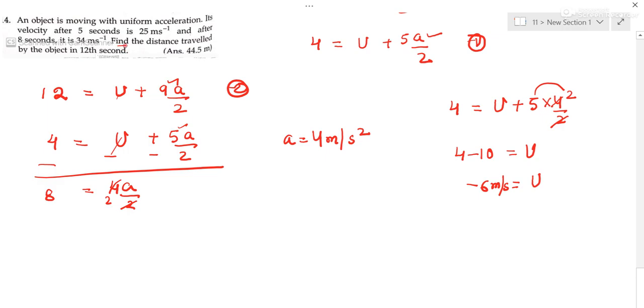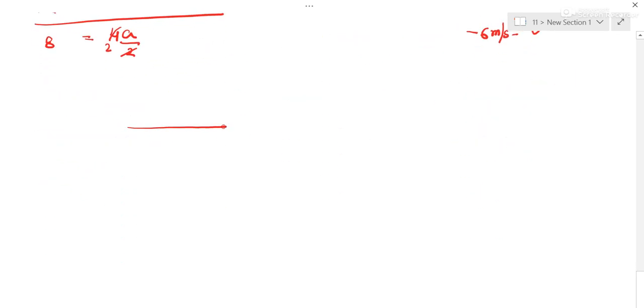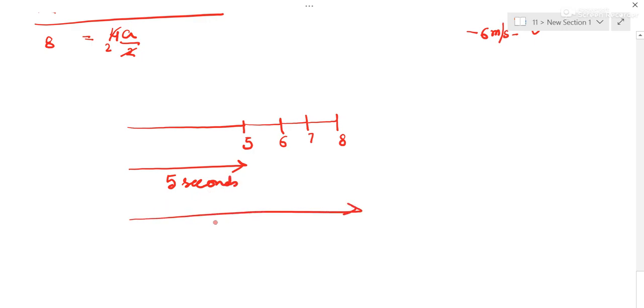We have to find out the distance traveled by the object in 12th second. Sorry, not this question, the previous one. Yeah, we were doing this. How far does it travel in the next 3 seconds? Next 3 seconds after what? So we don't know, so after the 5th second. The question is, how far will it go in the next 3 seconds after the 5th second, if it is not mentioned. So you will find out the distance in 5 seconds, the distance in 8 seconds,